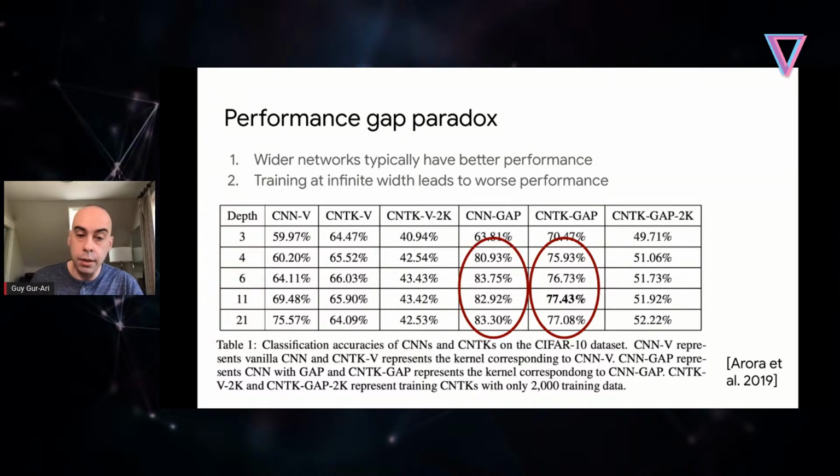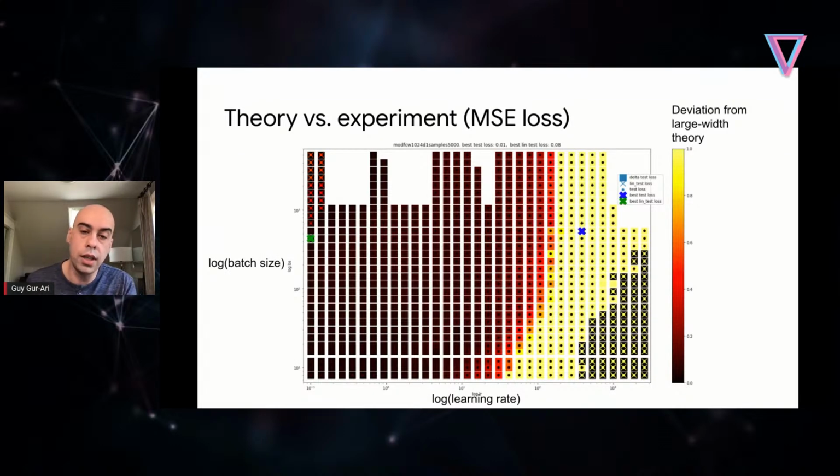So one possibility, for example, is maybe we didn't increase the width enough. Maybe if we keep increasing the width, performance will suddenly get worse at some point, and we'll converge to the infinite width result. That was an option that was kind of on the table. I won't go into it too much, but using those Feynman diagram tools we had, we were able to rule out that option. And so there has to be something else going on. What's going on when we increase the width, and why does the infinite width network not give us excellent results? And that is the question we'll address in this talk in one scenario.